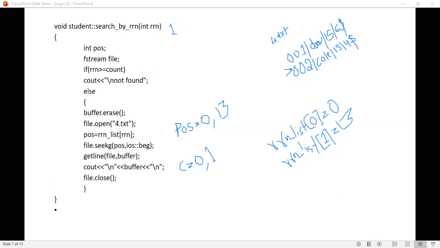Int position, POS, initialize, then fstream file. If RRN is greater than or equal to count, that means, what is the RRN you have entered now? 1, right? Is 1 greater than or equal to count? What is count now? Count is 1 here, isn't it?